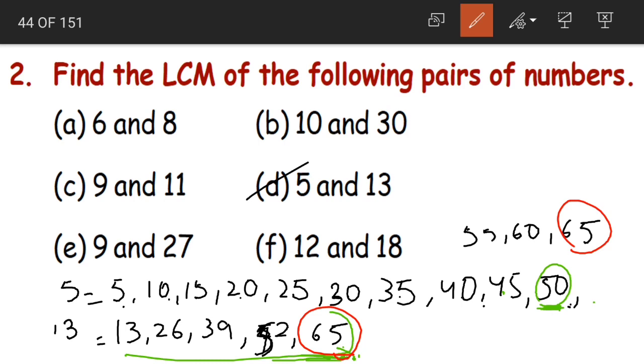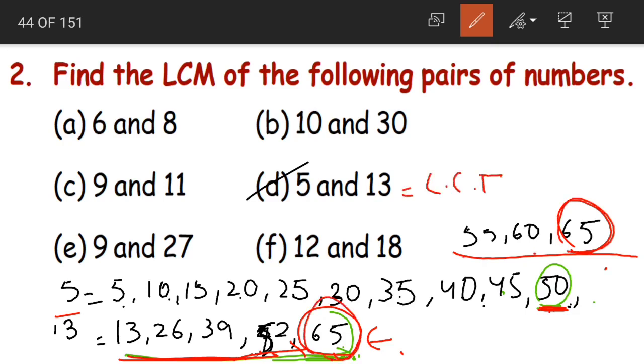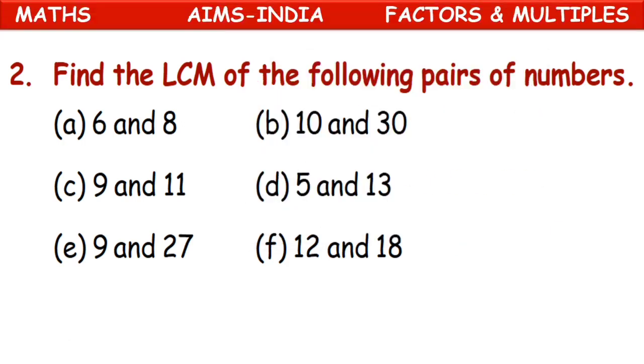Okay, so sometimes while writing the multiples like this, you can do this. See, here we have got 50 already. Here we have moved beyond 50 and yet we did not get any LCM. So let us keep 13 here itself and write a few more multiples of 5. 55, 60 and 65. There we have our LCM, that is 65, children. LCM of 5 and 13 is 65. I hope the concept of common multiples and the least common multiples is clear.